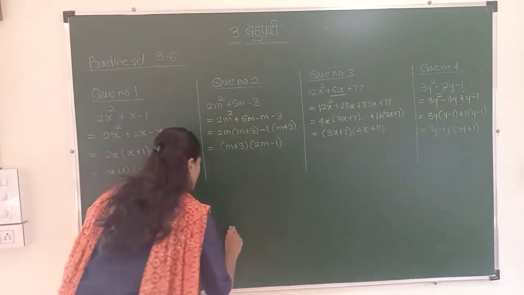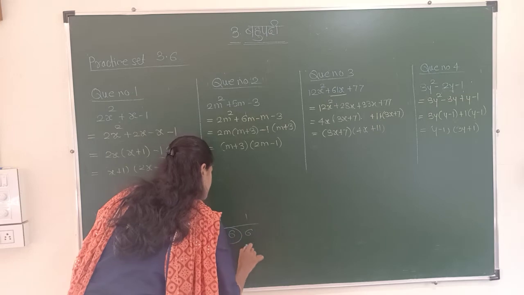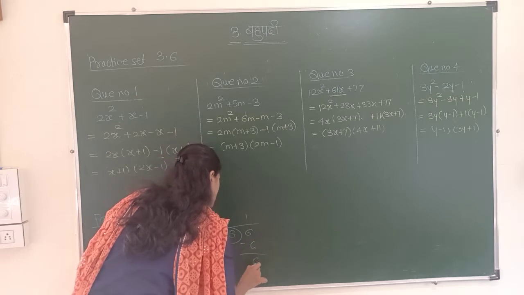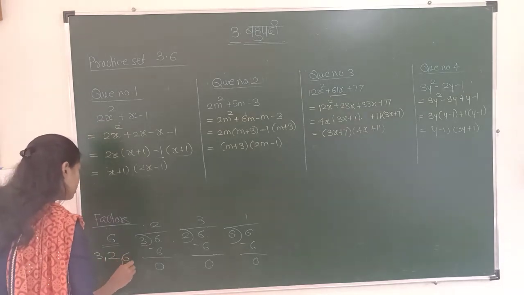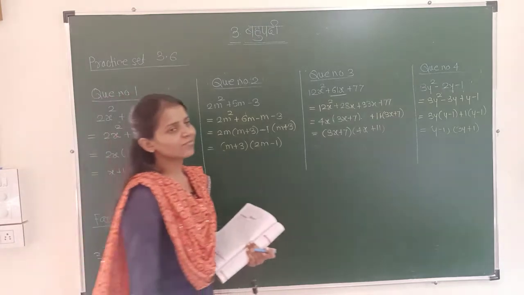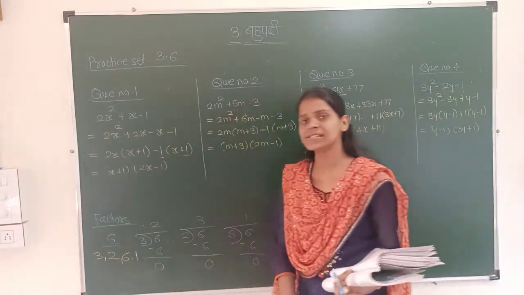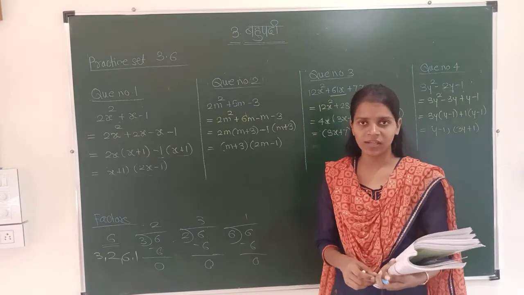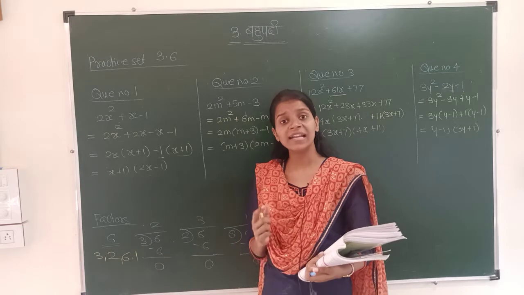Again we will do one more. Suppose we have to divide 6 by 6. Then we can write 6 1s are 6 and remainder 0. So 6 is also a factor of 6 and 1 is also a factor of 6. So 3, 2, 6, 1 or 1, 2, 3, 6, these 4 are the factors of 6, whereas 6 is a number. Therefore factors are numbers, factors are also digits.